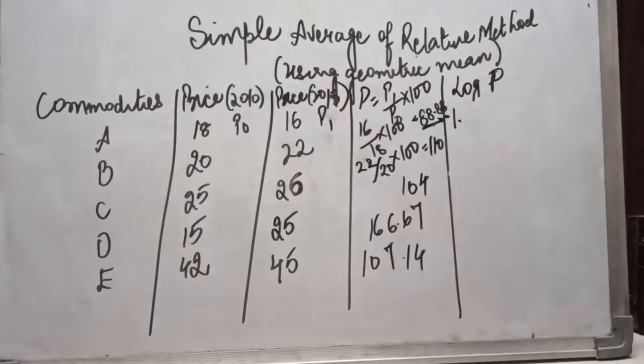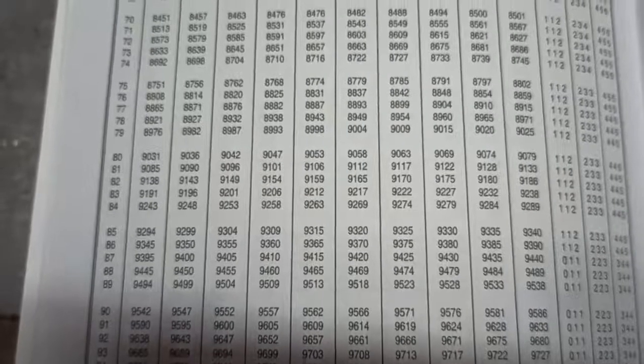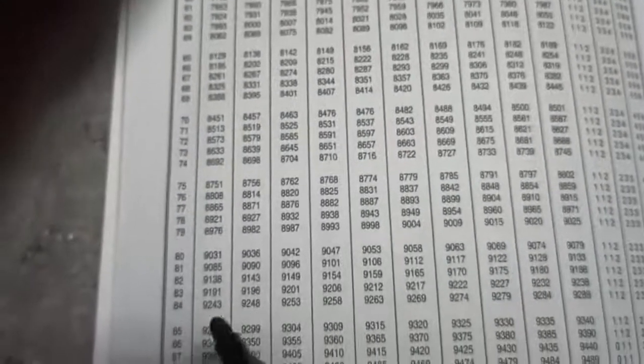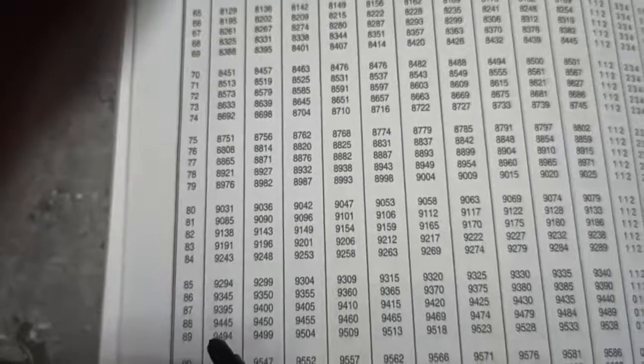Let us see from the table. So here in the table you all can see 88. And what I have to do, I have to see from above where is 8. So this is my 88 and I will have to move towards further. So I will see where is the 8. 8 is here. So this is the value under 88. That is 9484.